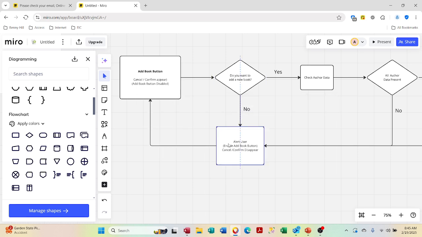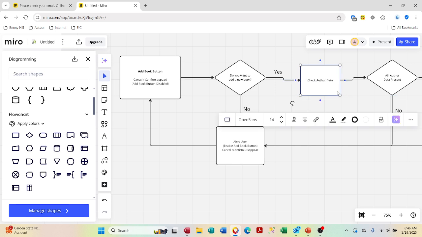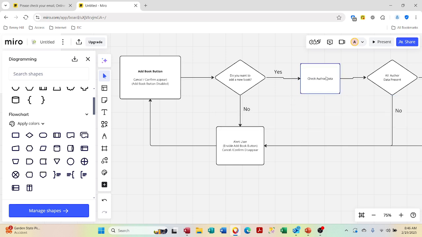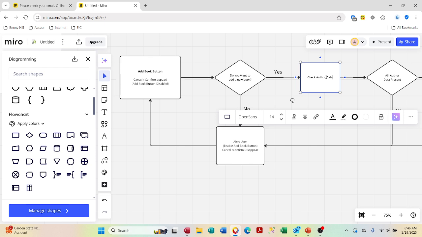And then the cancel and confirm buttons will disappear, and we'll go back to the beginning of the process. If we have a yes under here, this is the question now to ask. This is going to be based upon your business requirements usually. All right, could be a whole host of things. We're going to blow this up a little bit and move it up. All right, so the question is going to be, do you want to just have the